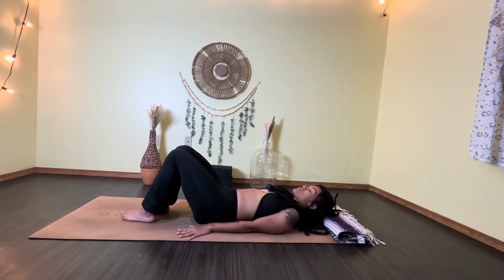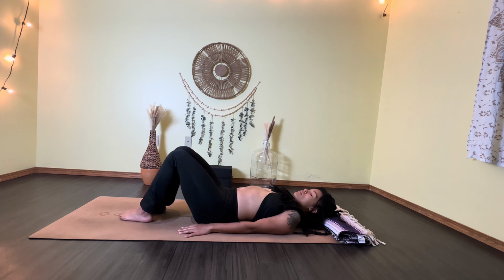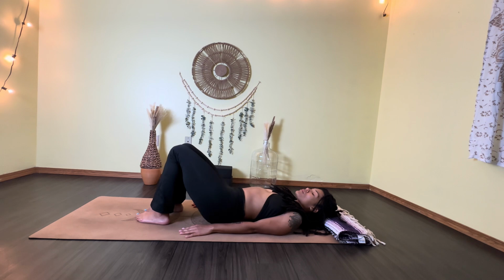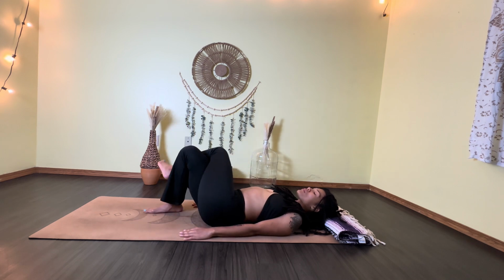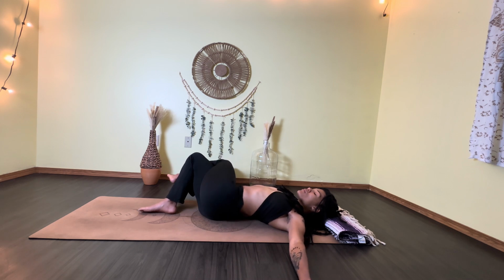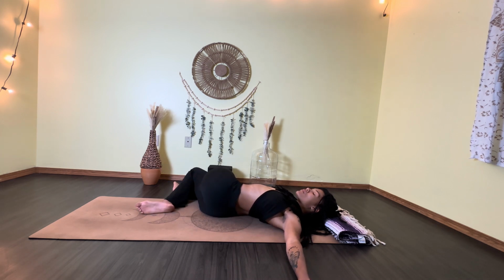Inhale, come back to center. Exhale, slowly releasing the arms down by the side, shifting the hips to one side, coming towards the center of your mat. Knees are lifted. Inhale, lift the hips up into your bridge posture and slowly shift the hips to the left side and gently lift the hips down, crossing the left leg over the right and letting the legs fall over to the right